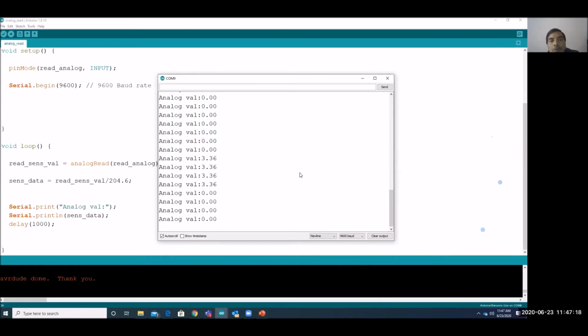As I told previously, your analog pin is capable of reading the value of an analog sensor. Oh, sorry, digital sensor. So your analog pin is capable of reading the digital sensor, and you are getting two values, that is 0 or 3.3. So this question's answer is clear now. You can see it in the practical, Praveen. You can note down this answer; in future it will help.